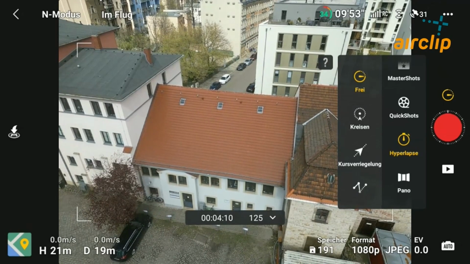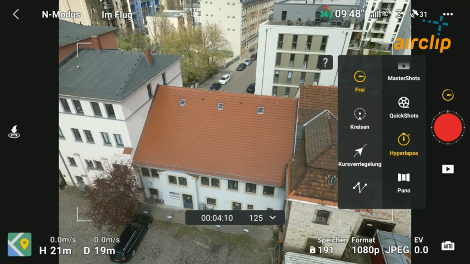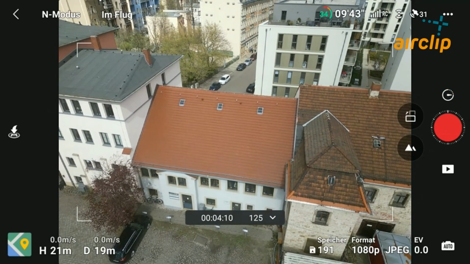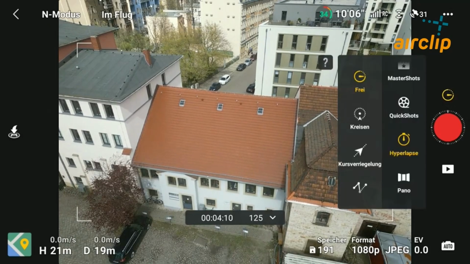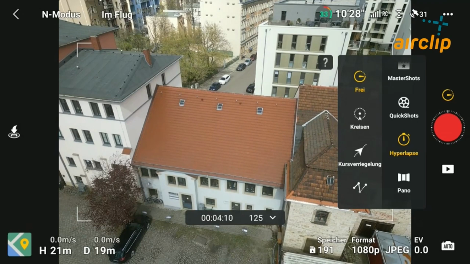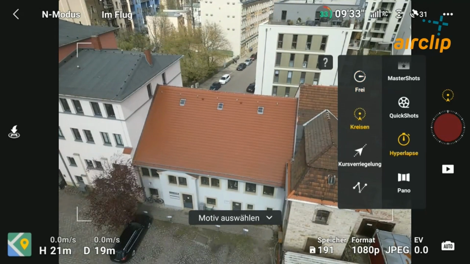And then we want the circle mode within the hyperlapse mode. Right now we've chosen the free flight, so with your sticks, but now we want to circle automatically. So we are choosing the second option from the top, the circle mode.